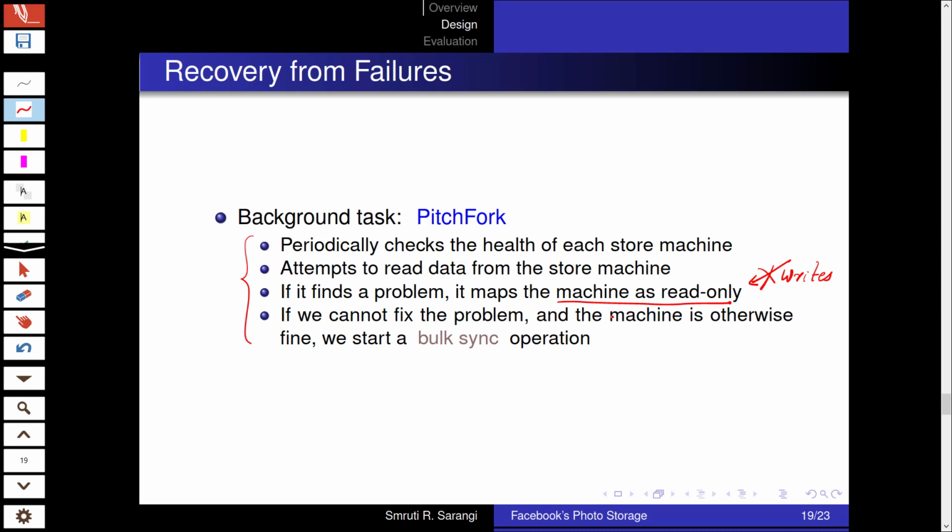Then we try to fix the problem, and if the machine is otherwise fine, which means that it is possible to fix the problem either via rebooting or by doing some kind of a configuration change, then we start a bulk sync operation from another replica to synchronize both the data as well as the index files.